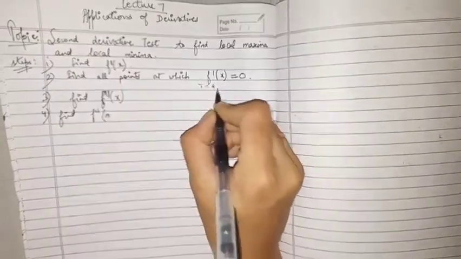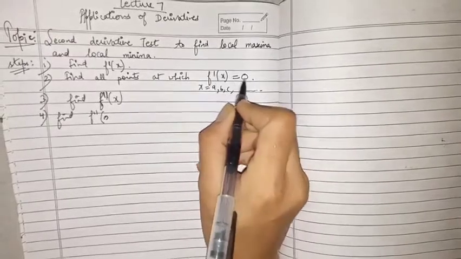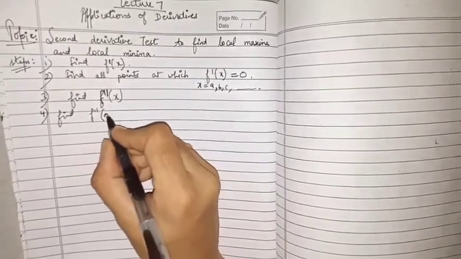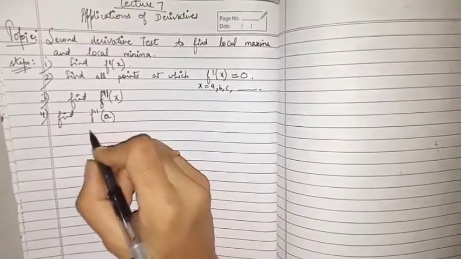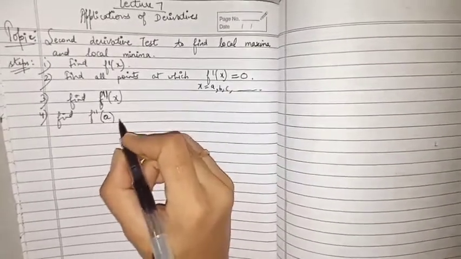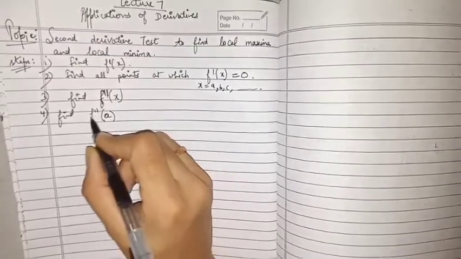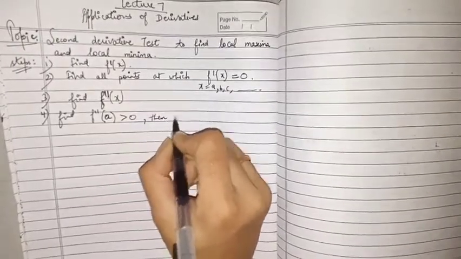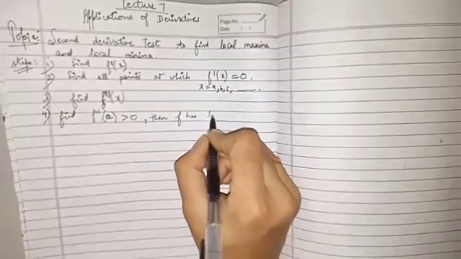And in the fourth step, find f double dash at the points, say x equal to a, b, c. These are the points at which the derivative of the function vanishes. So we need to find f double dash a. Now study the sign. If f double dash a is positive, then we can say that f has local minima